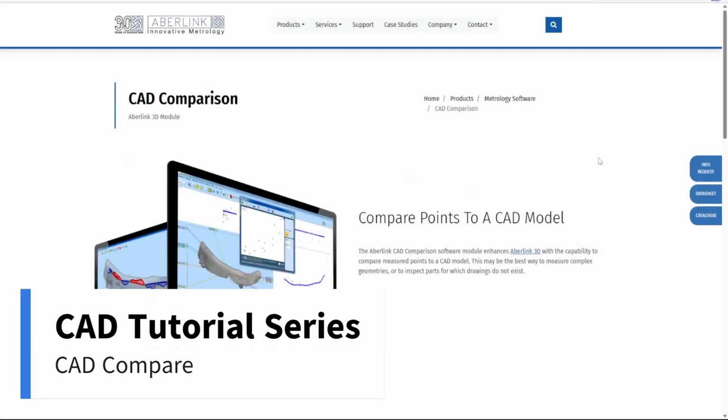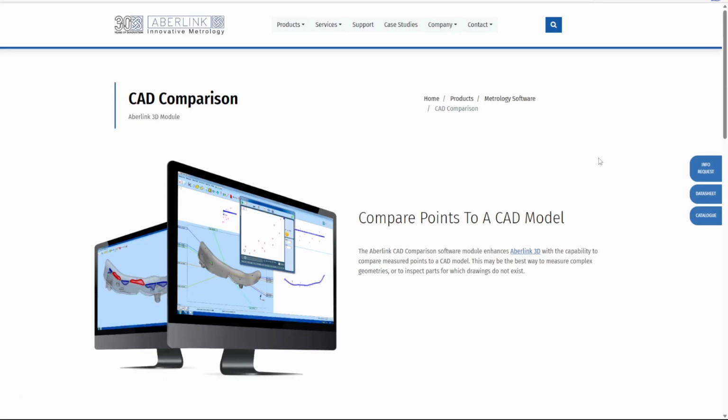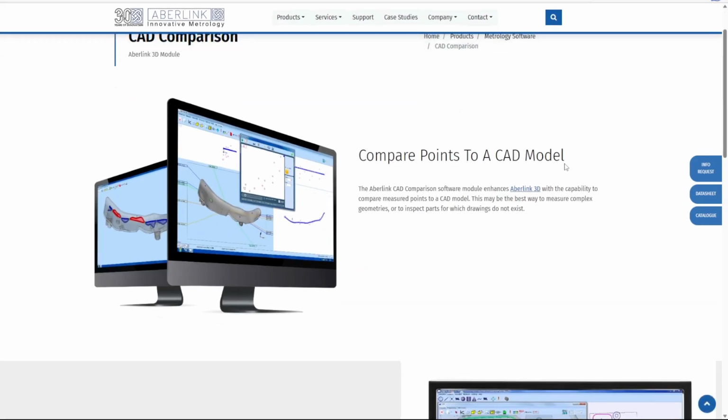Hi everyone, in this video we will cover the CAD comparison. This is where we have nominal data, which is the CAD model itself, and the actual data, which is the program points on the CMM. We best fit certain features to the model. The software does its best to get this as low as possible, and then everything else is compared to the CAD model. This produces the heat map